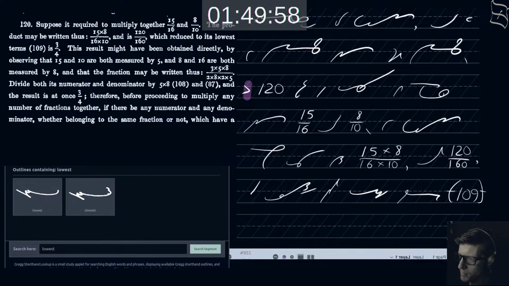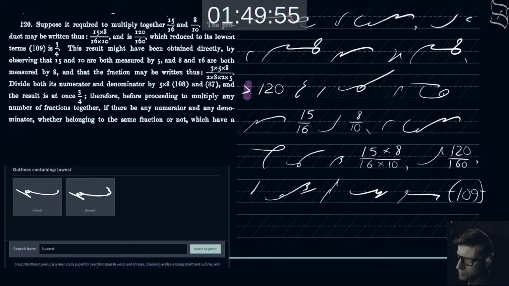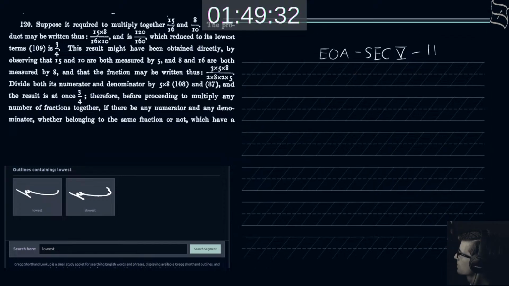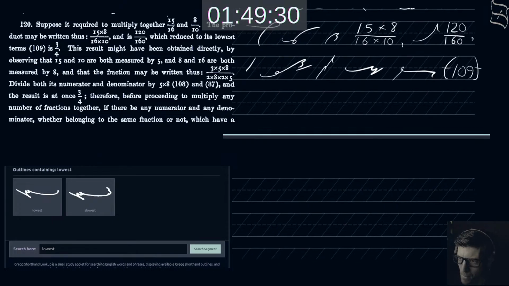Let's go add another page below. Is 3 over 4. This result might have been obtained directly